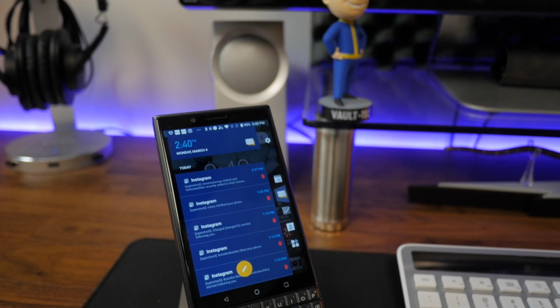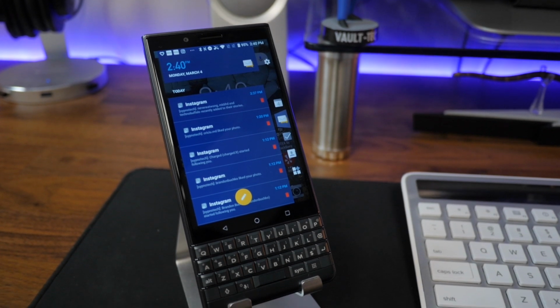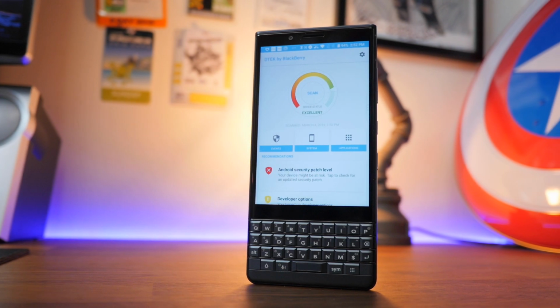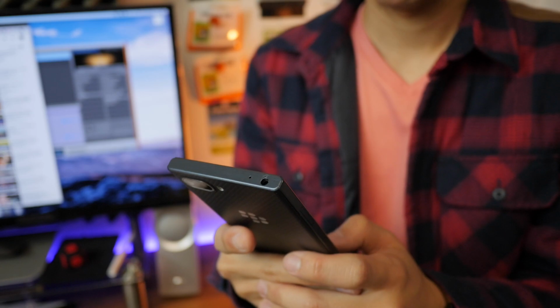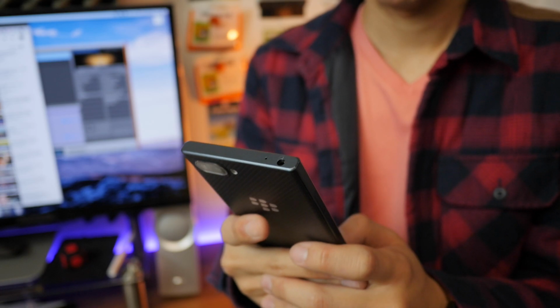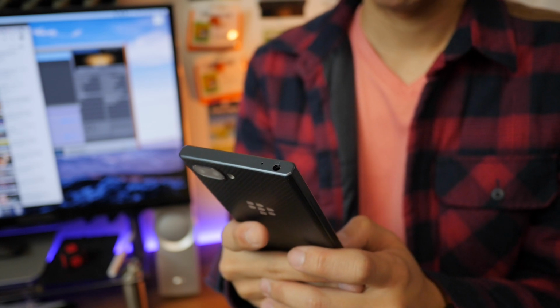I feel like part of that is because of the Blackberry software. Blackberry software has a lot of protection on it. Blackberry is trying to make a niche following for its safety reasons. You know, it's always about enterprises with Blackberry. It's always about security and that frame of mind to be secure. And Blackberry does a good job of that. However, I do have a feeling that some of the